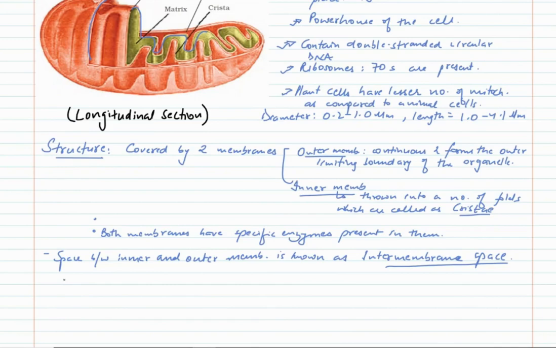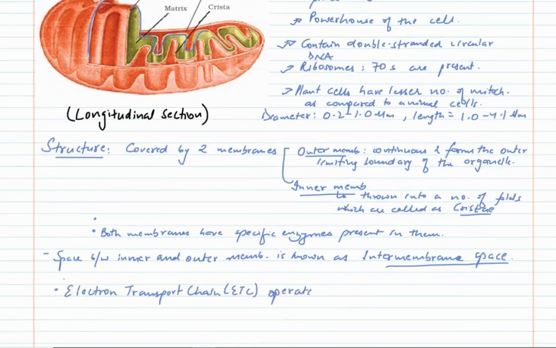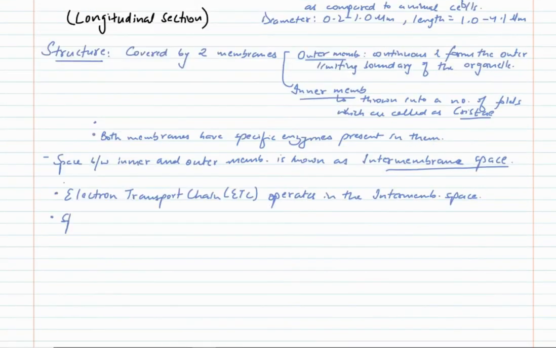This is known as the intermembrane space and the electron transport chain, which is also known as ETC, operates in the intermembrane space. The space bounded by the inner membrane